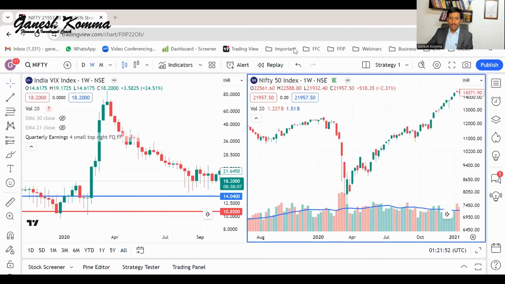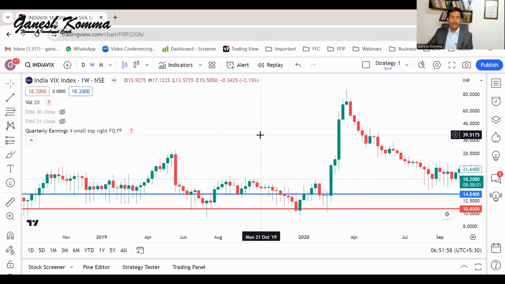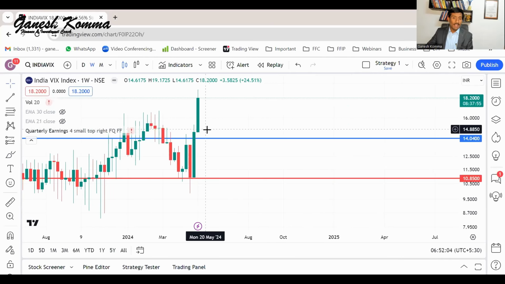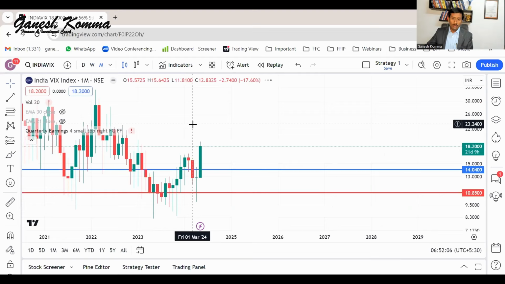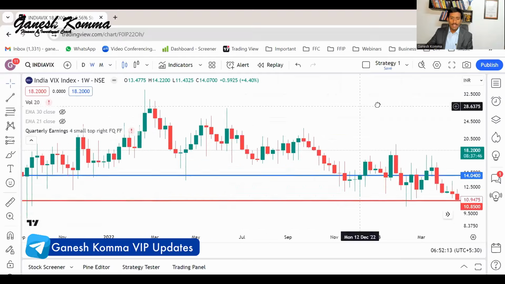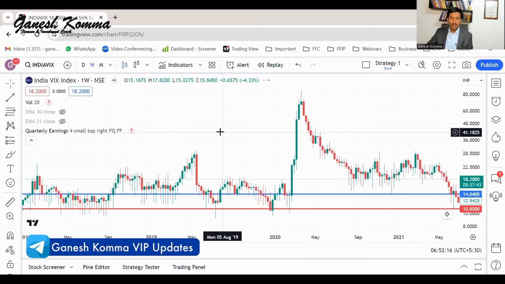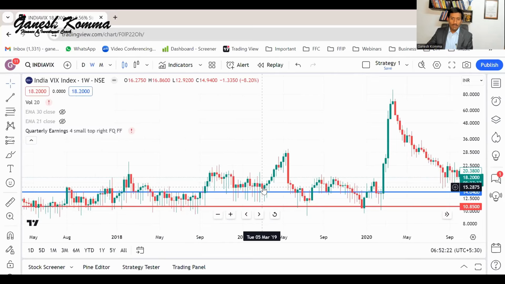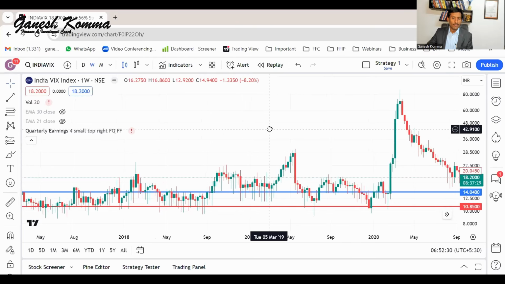Let's see how the market moves post elections, right? So when you look at India VIX post 2024, let's see whether we will be seeing a decline from these levels. We will see. So if you go back to 2019 levels, this is your 2019 levels, where we have seen an increase in VIX. In the same period, go back and look at what happened in Nifty 50.